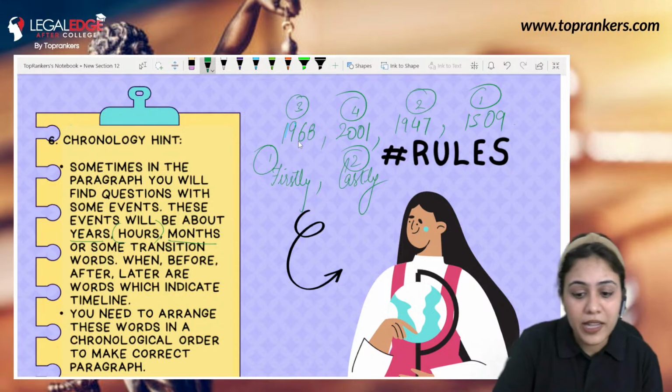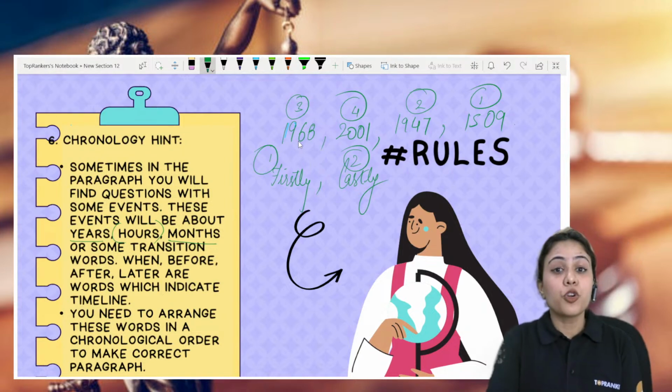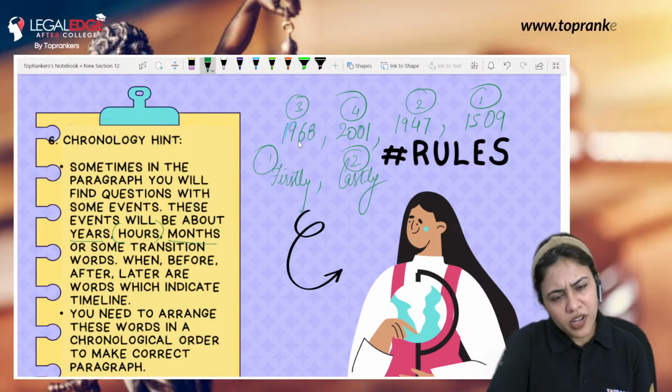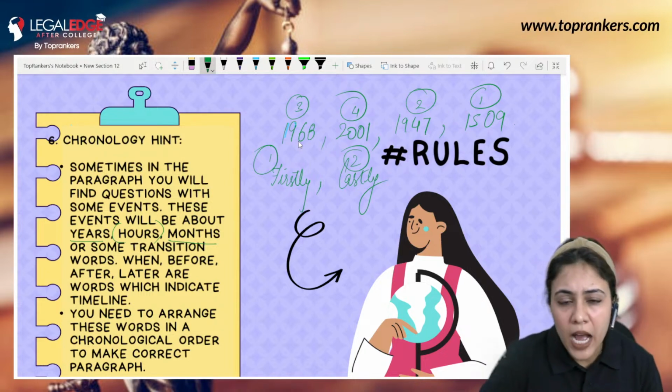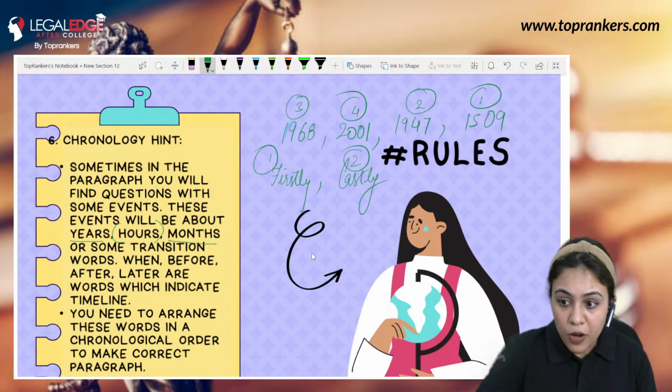After, before, later, ये सारे words आपको timeline के बारे में बताते हैं. These are known as transition words. So if you are aware of these words, बहुत easily आप अपना parajumbles का question solve कर सकते हो. Okay? Now, moving to the